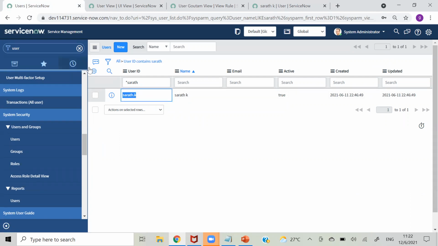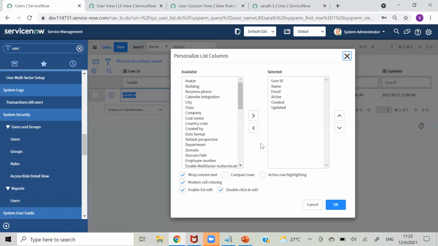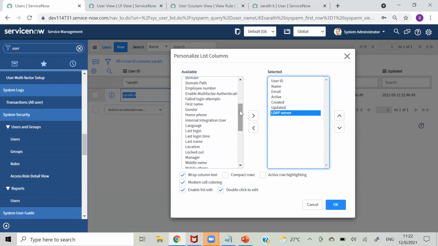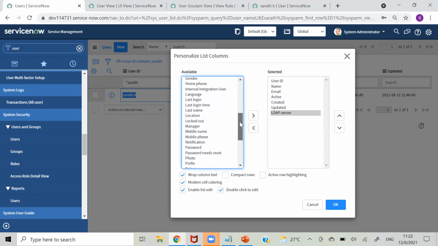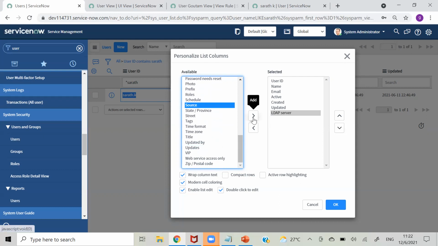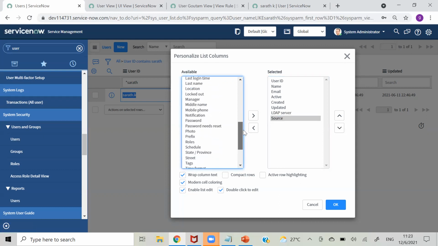And there are some important fields. Let's pull that on our list view. LDAP server. Then we will have this source. Should have one more, I guess.